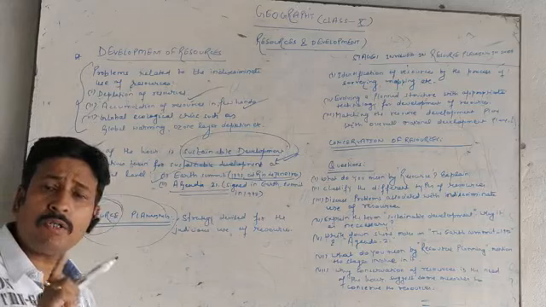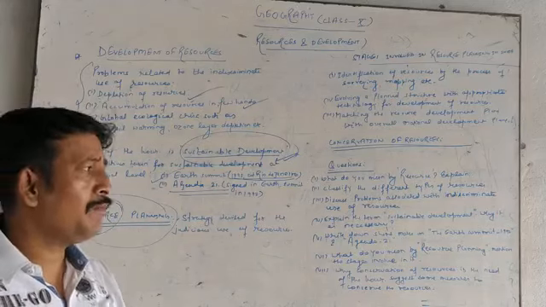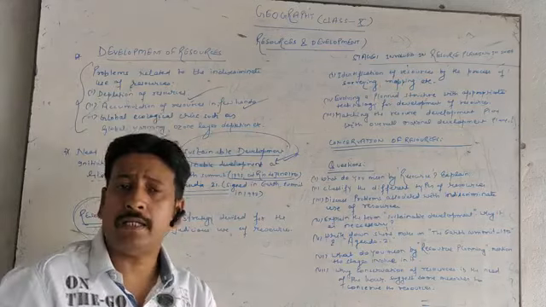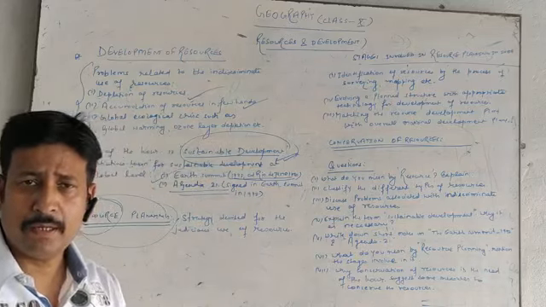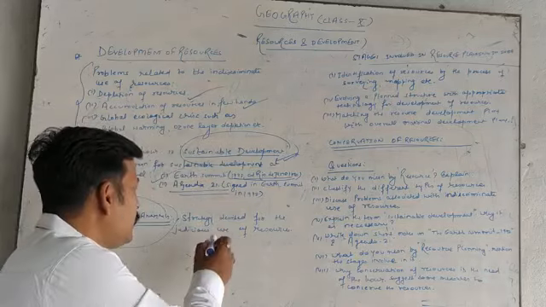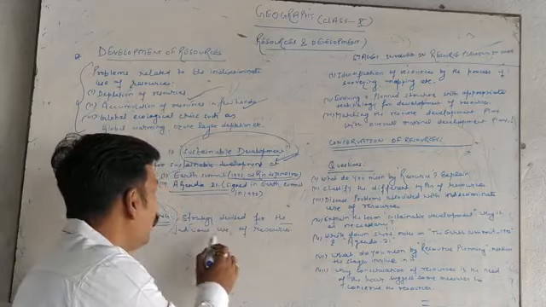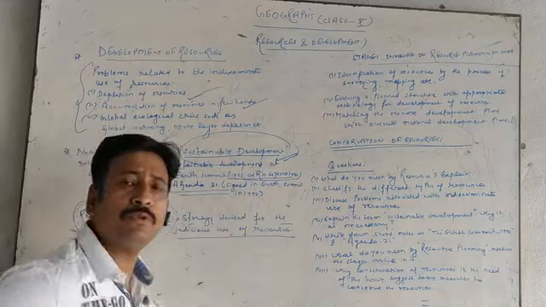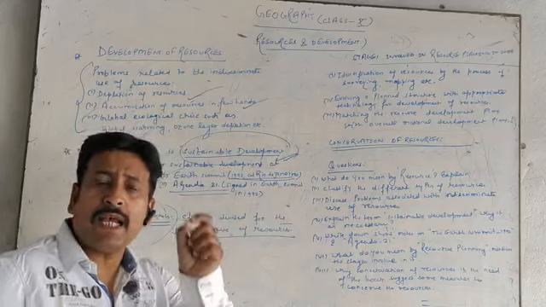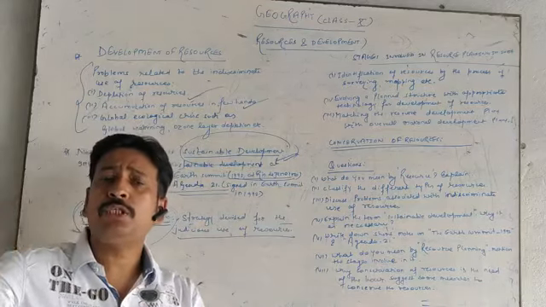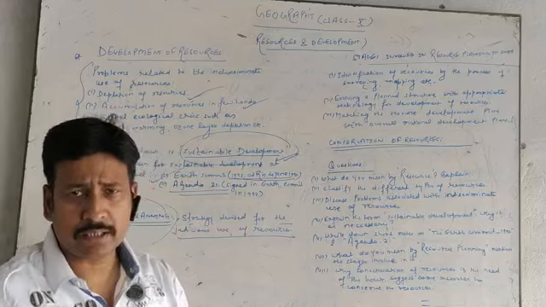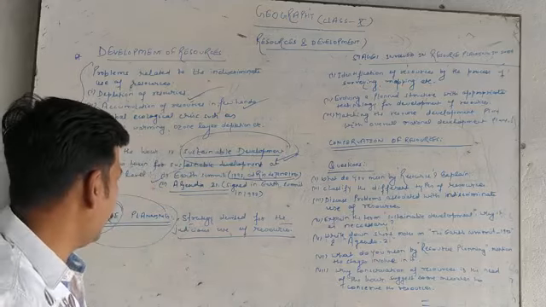As resources are not the free gift of nature, we must devise some planning in order to utilize and get the maximum of the resources. So that is called resource planning. That means a strategy devised for judicious use of resources. Means ऐसी स्ट्रेटेजी जिसको हम बनाते हैं ताकि हम रिसोर्स का जुडिशियस और मैक्सिमम यूटिलाइजेशन कर सकें. That is called resource planning.